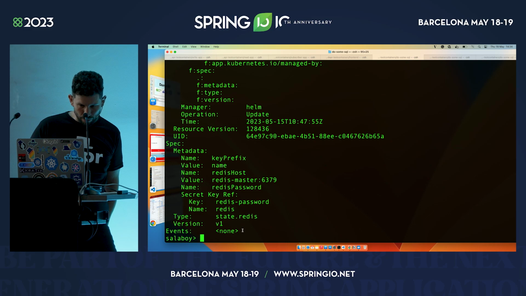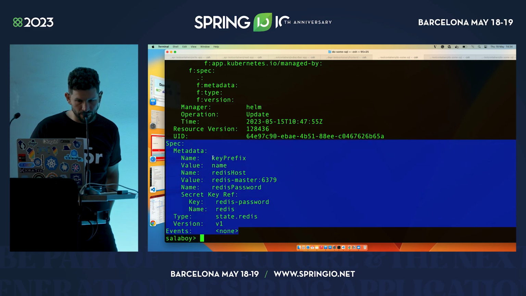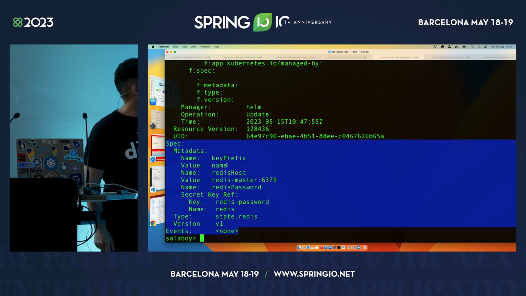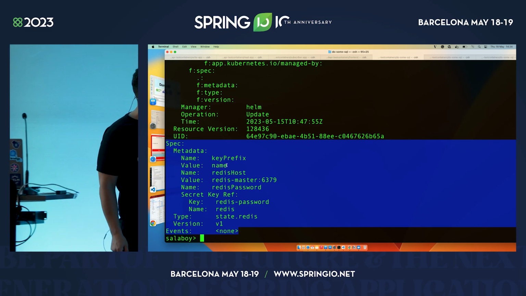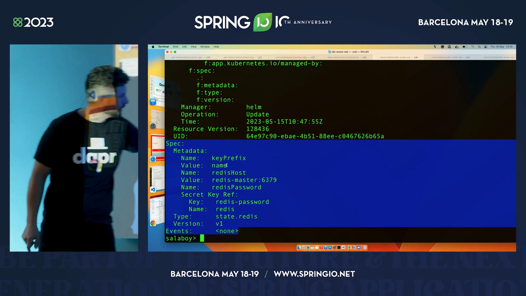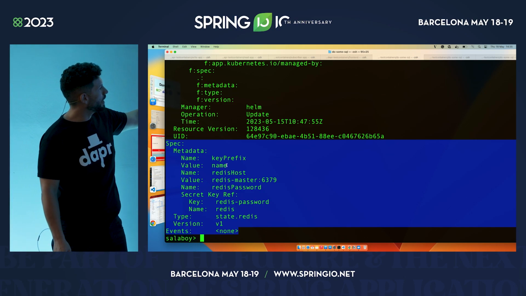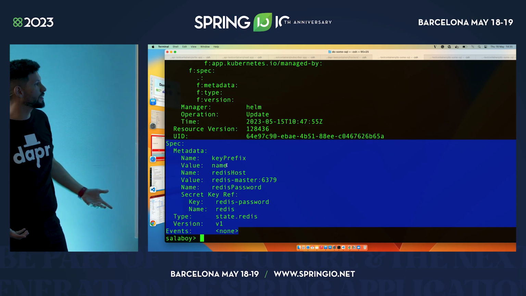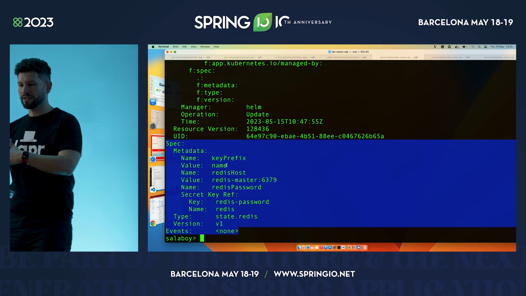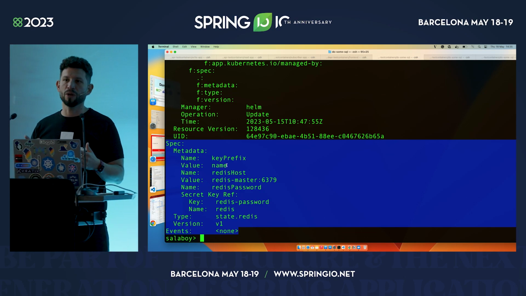And I think that the important part here is this, right? So what I'm doing here is I'm telling Dapr that I have a state store component. I'm using the Redis state implementation for this, and I'm giving my configuration for connecting to a specific Redis instance, right? Because this is Kubernetes land. This is not the land for developers, right?